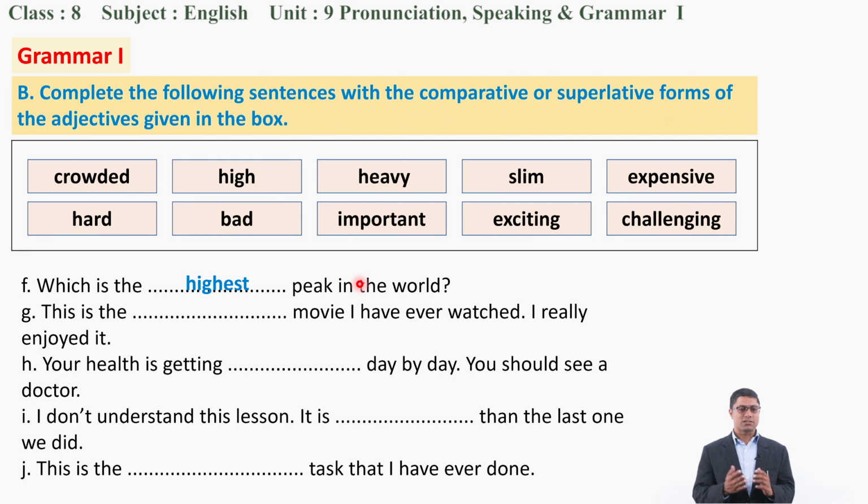Highest. Okay, that's good. So, dear students, in the same way, you will be doing the remaining activities there. Okay, you will choose the word, then decide whether you have to use the comparative degree and superlative degree. Okay. Now, let's move on to the next activity. This activity remaining task will be your home assignment. Let's move on to next. Okay, dear students, now we are going to do the next activity, that is speaking.